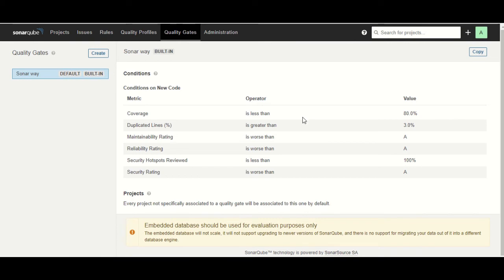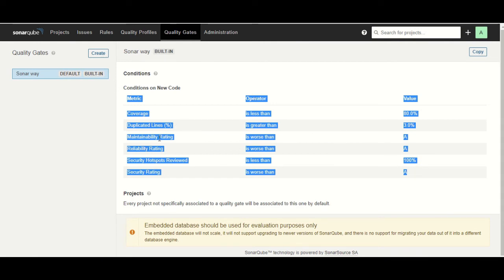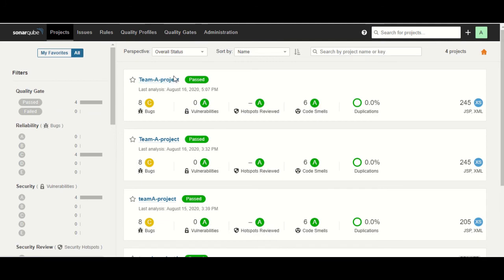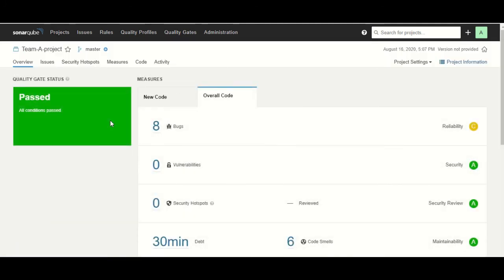Whatever issues it has found, you put conditions on them, like if your duplicated lines are greater than this, or if maintainability is worse than A. It matches those, and if your code passes all of them, it shows as passed. If anything is not passing according to the conditions, you will see failed here.